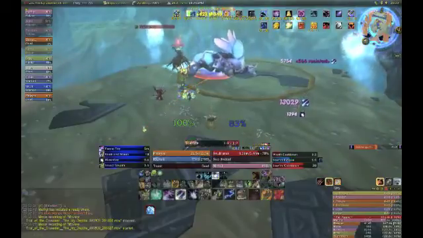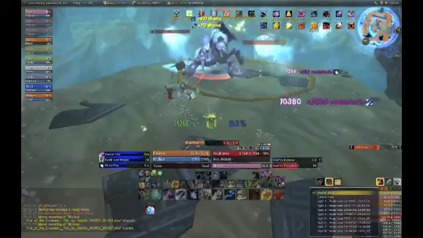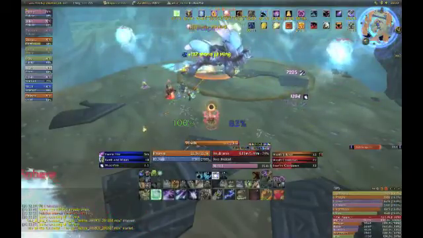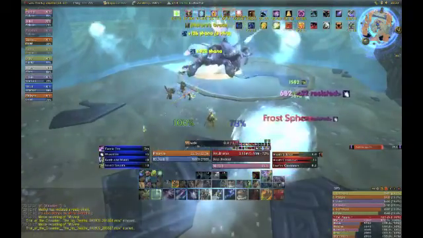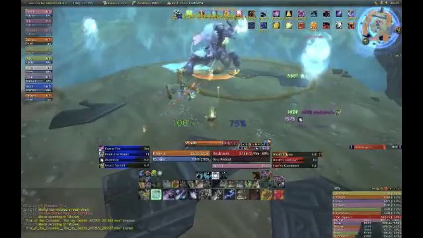The reason we do that is to stop them from being able to do a submerge move that causes them to regenerate all of their health. The main goal here is to nuke down the adds as quickly as possible so that we can move on to Anub'arak. The adds will continue to spawn infinitely, so we want to spend as much time as we can